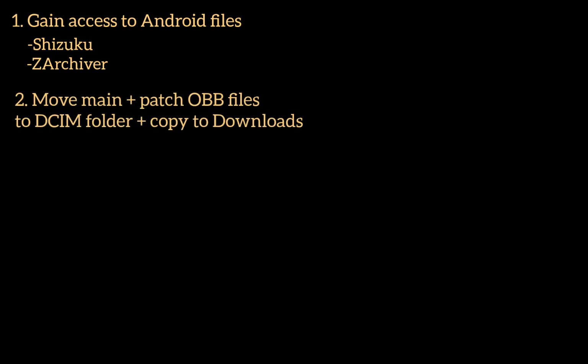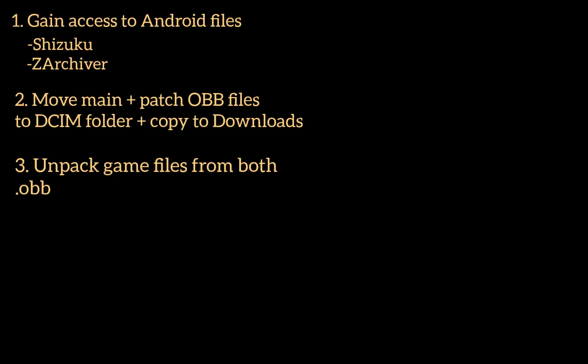Next, we're going to move the game's data files from the OBB folder to the DCIM folder, since this is the only Android folder that the Hex Editor will be able to access. If you're on Chrome OS, you can put these files anywhere outside of the Play Files directory, such as My Files. At the same time, make a second copy of the OBB files in the Downloads folder. This will come in handy for the next step, which is to unpack the .obb files to get to the